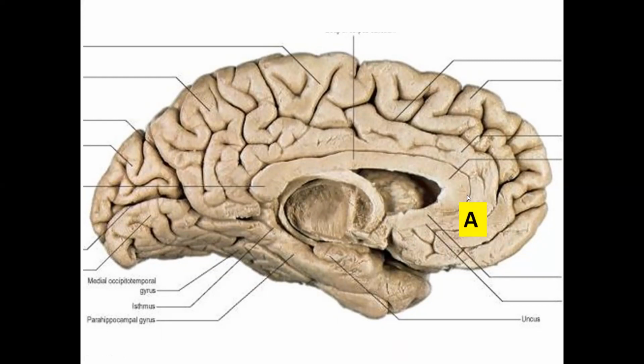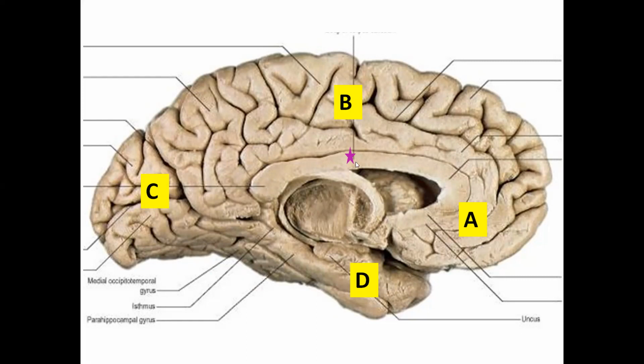So this is the anterior part, the medial surface of the frontal lobe, medial surface of the parietal lobe, medial surface of the occipital lobe, that will be the temporal lobe. Okay, so this is the occipital pole, this is the temporal pole, this will be the frontal pole. So that is the corpus callosum. It's seen on the medial surface of the cerebral hemisphere. This corpus callosum can also be used to identify anterior posterior end.